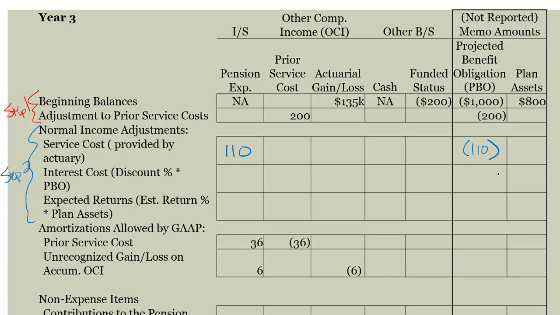Next is my interest cost. And we were told that our discount rate for this year is 9%. And we need to multiply that by the PBO. Now, really important point here. We need both of these numbers